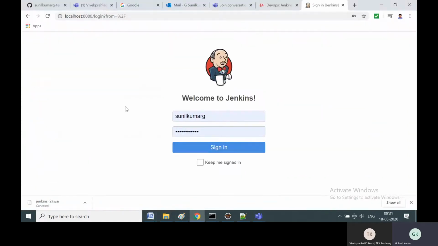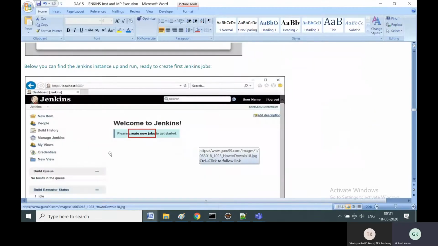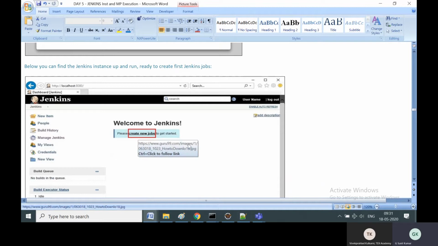Once you click save and finish, start Jenkins, you will come to this page where you have to enter whatever admin username and password you created, and then say sign in, guys. It's very simple. I have given that step by step in the document, and also you can rewind this video and see, and then get fluent with the Jenkins installation.